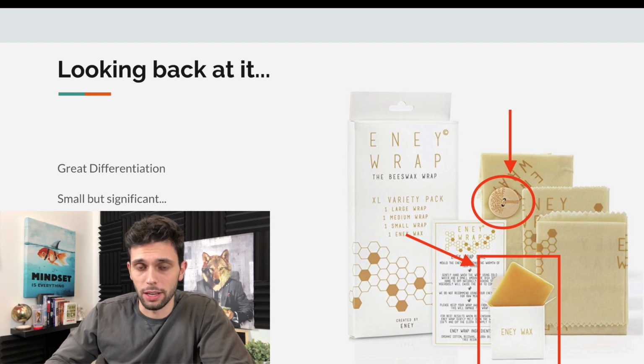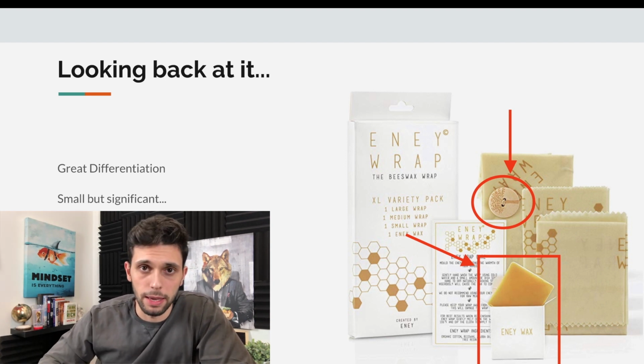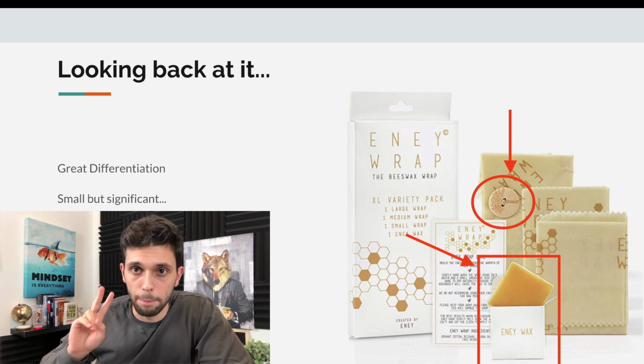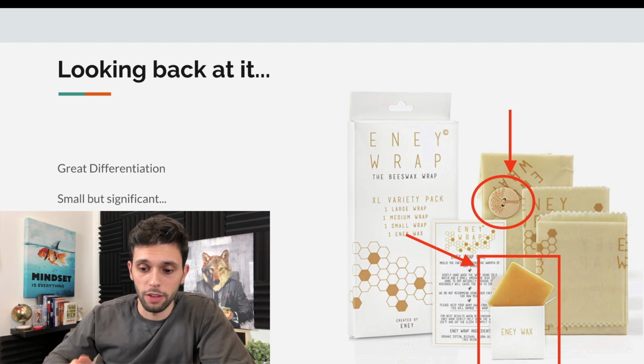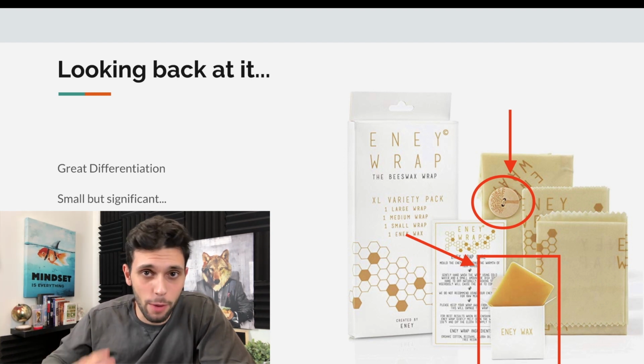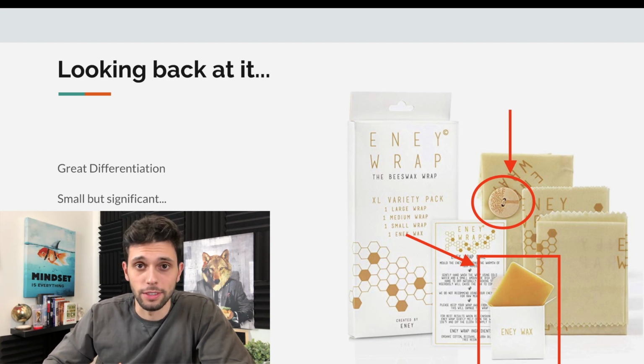This is not someone that was selling there, but this is an absolutely amazing differentiation, and this would have solved both issues. Both problems would have been solved easily like this. But again, I wasn't the one who thought of this, and this guy wasn't there at the time. Let's continue with the why beeswax wrap.